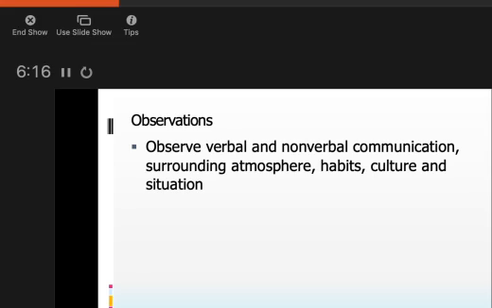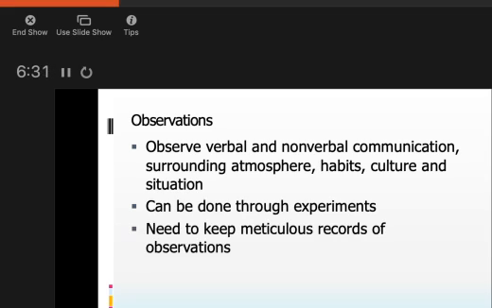You observe the surrounding atmosphere, habits, culture, situation. And this observation can be done through experimentation, and you need to keep meticulous records of what you observe,